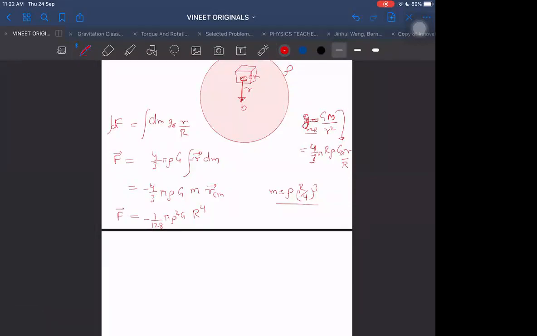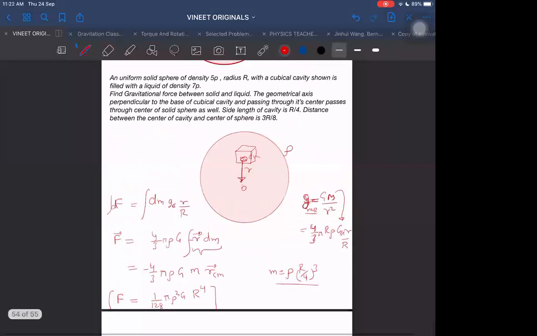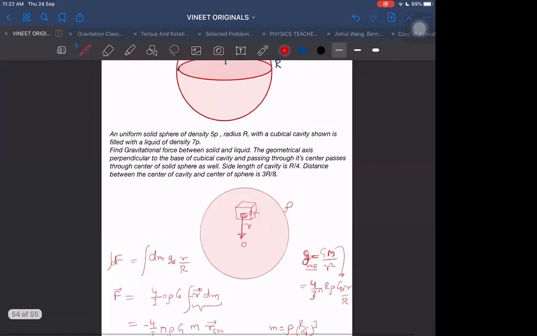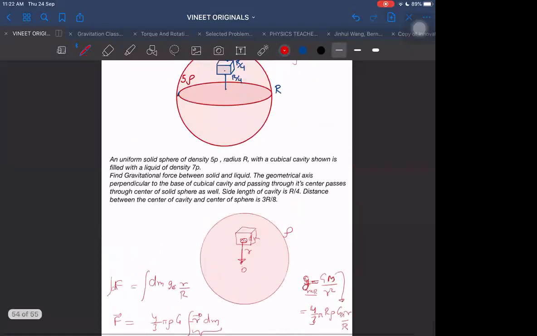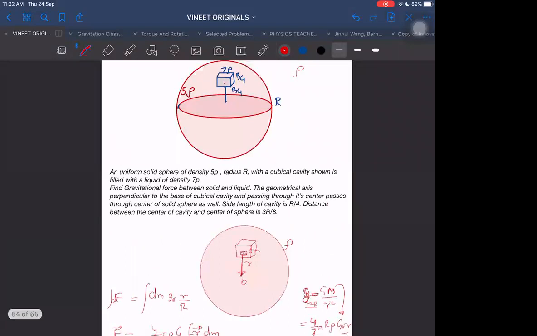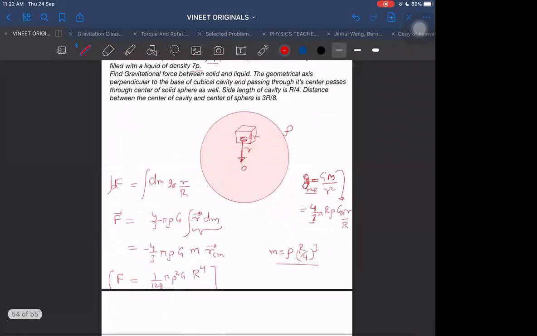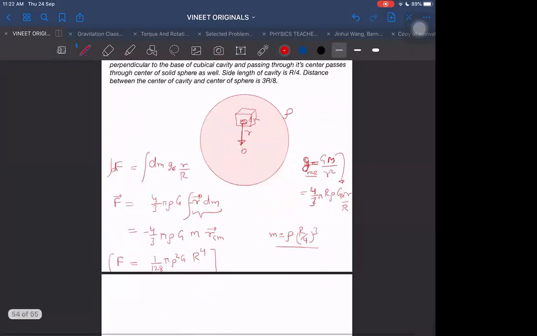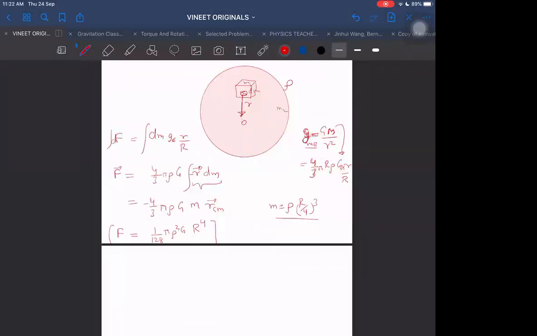Minus is just indicating it is towards the center. But magnitude wise, this is the force. So easily we are getting it. This is not the answer, by the way. This multiplied by 35 will be the answer because this we took for rho. But now we will use the formula. We know that the force is proportional to the masses. This mass is, let us say, m1 7 times and m2 becomes 5 times.